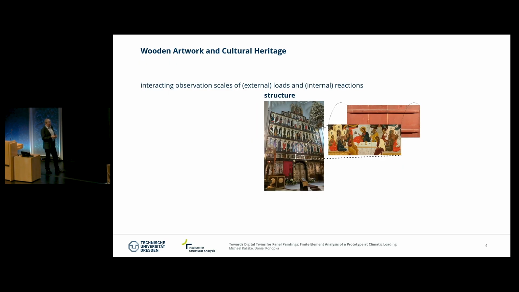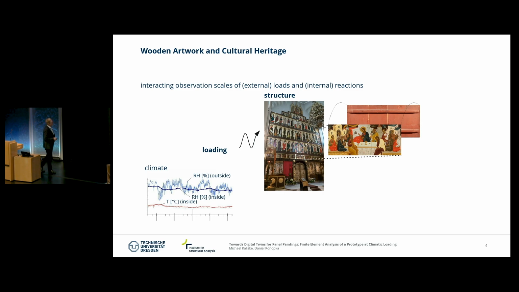So therefore, the idea is to develop some numerical models which need to be formed out of all the different contributions. We need to collect quite some features, some information, which is the loading on the one hand side. The loading is usually the climate loading for these wooden constructions, so the relative humidity is here very essential. The temperature could be of influence. But of course, we could have some mechanical loading as well. The loading happened over centuries, of course, and it could change with respect to space and time. So it's quite uncertain what happened really to these objects.